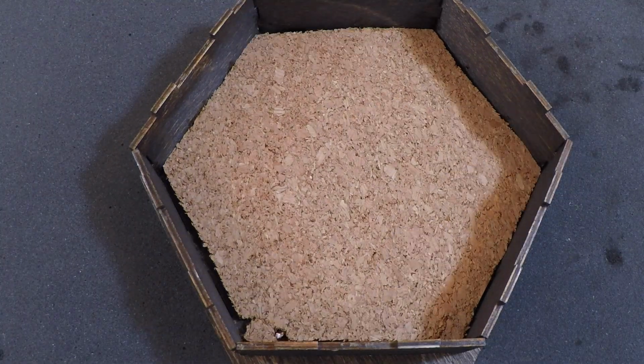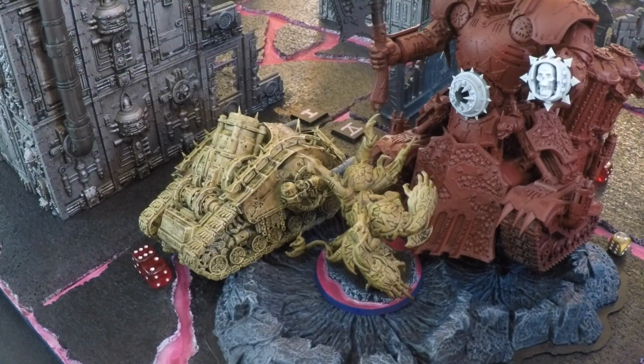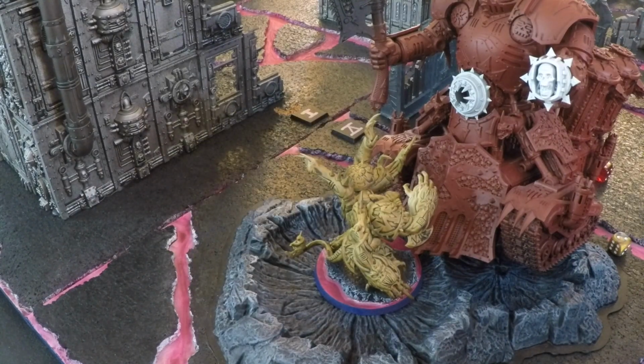And so will the Plague Burst Crawler explode on a 5-up? And it will not. So the Plague Burst Crawler will lose its 8 remaining wounds, and then it will be removed. This will mean, of course, that the Death Guard are no longer controlling this objective marker, and it is